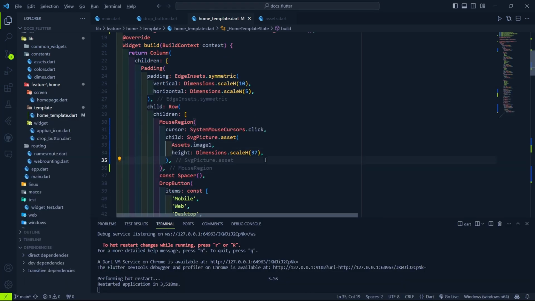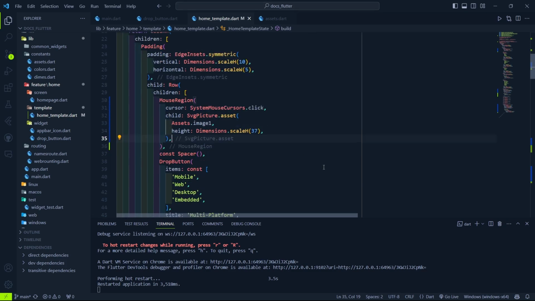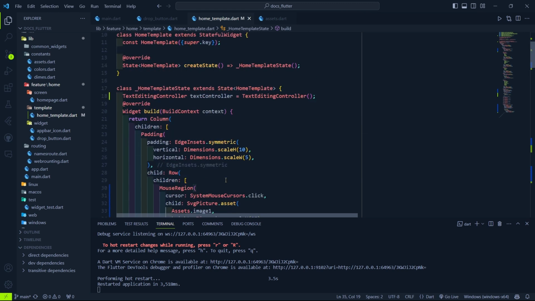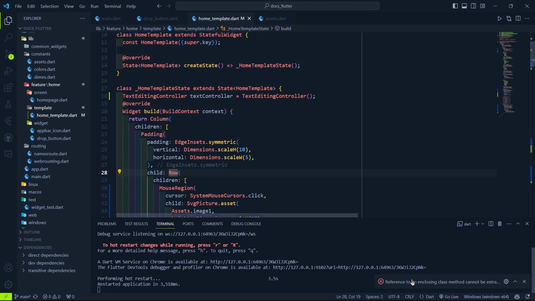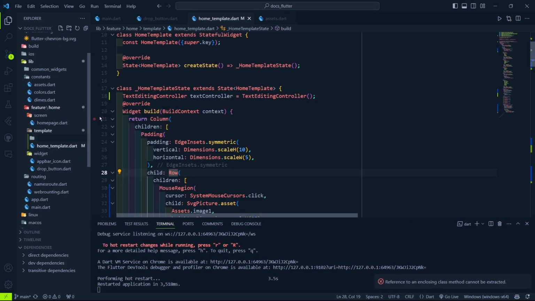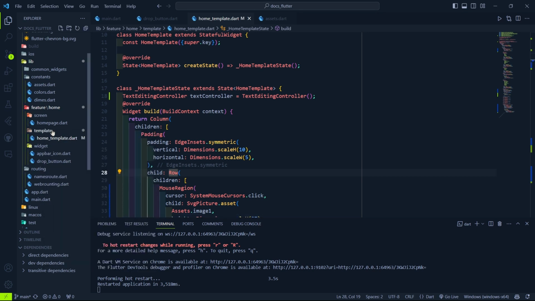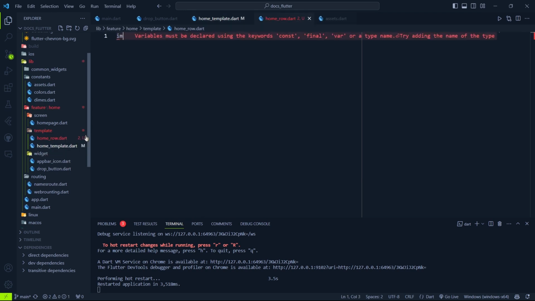But the home template file should not be big. So what I'll do is I'll just extract this row, I'll just extract this widget. So I'll create a template. I don't want any folder, I want a row. So I say home row dot dart, and here I'll have